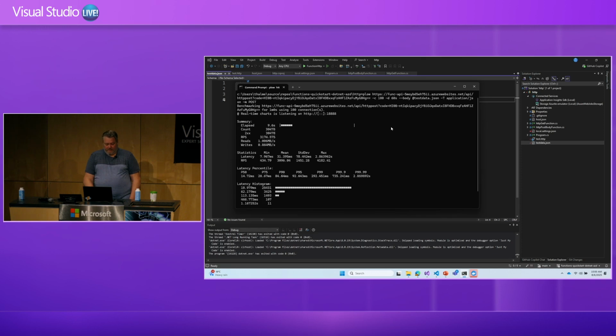And you can see here in the results that it's doing about 3,300 requests per second quite happily with those 100 users. And the majority of the calls are within 15 milliseconds here. So this is going from this machine through the Microsoft Wi-Fi to the load balancer front ends to my function app that then sends a response back to that HTTP POST call with that test data, right? And the way that it can scale this fast is all those improvements that I called out for Flex Consumption before. So we can have a look while that's running.